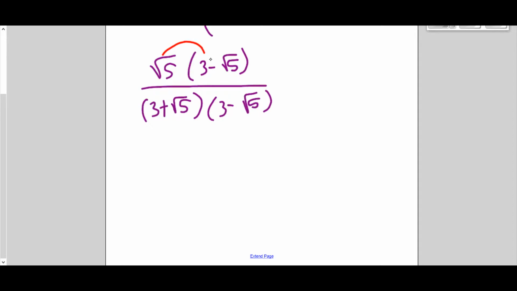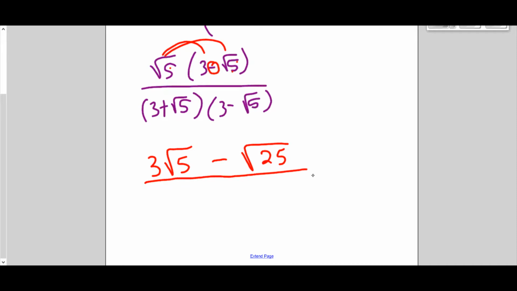So square root of 5 times 3. The 3 is outside the square root, so I'm going to write 3 square root of 5. And now square root of 5 times negative square root of 5. Notice the negative sign is here, so I'm going to write minus, and then the square root of 5 times 5, well, 5 times 5 is just 25. So I multiplied my 5s because those were both underneath the radical. Divided by,